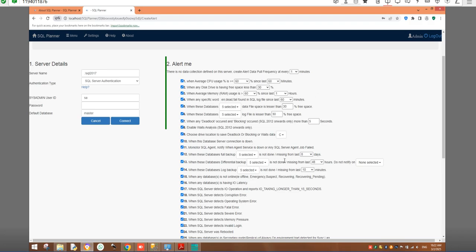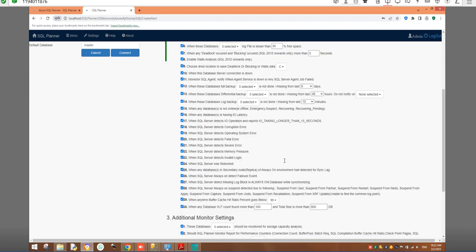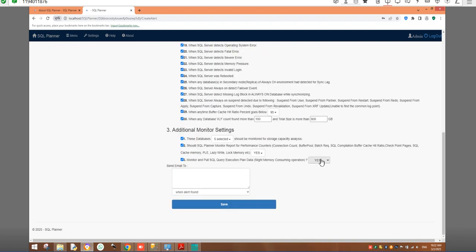Now here you see on what events or use cases you would like to receive alerts. These are basically the settings, and I would define an email ID here